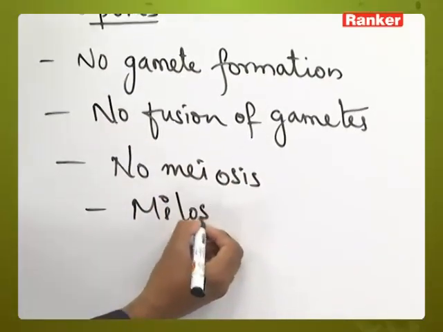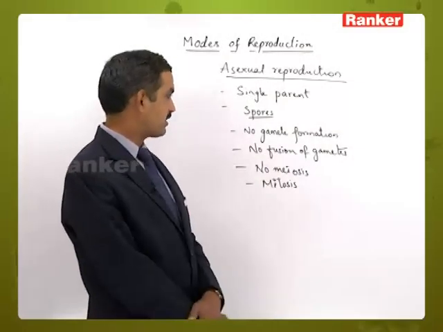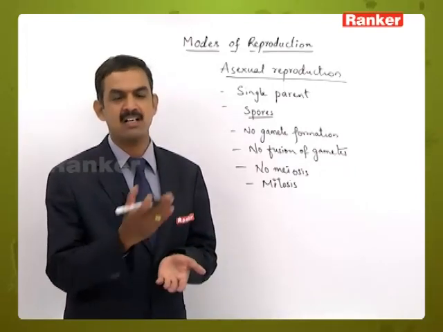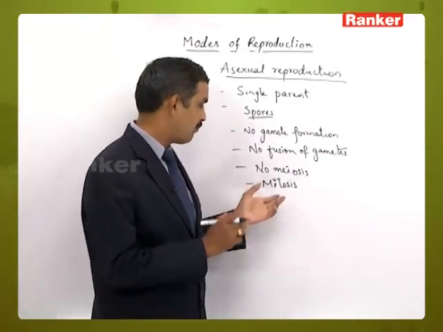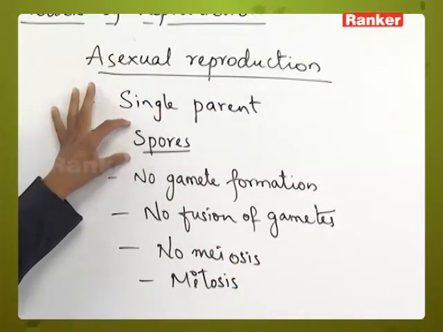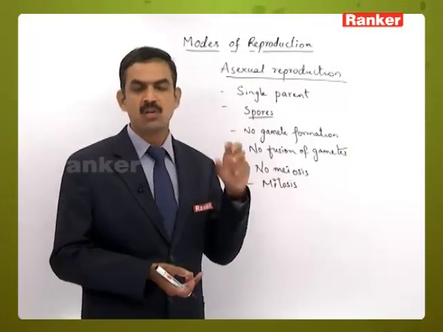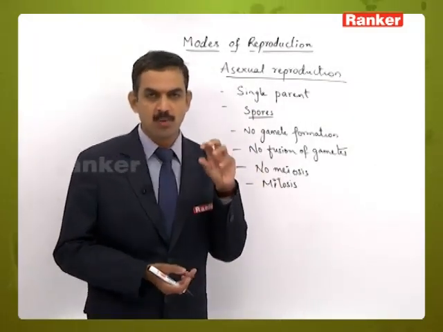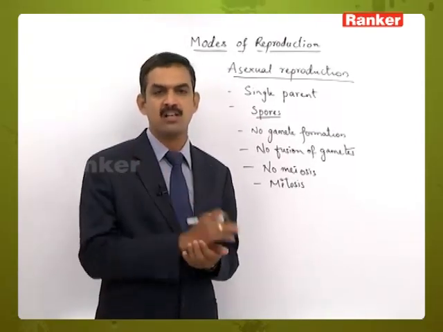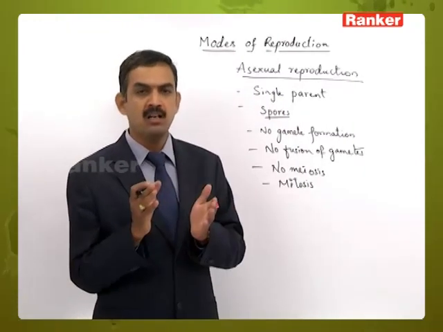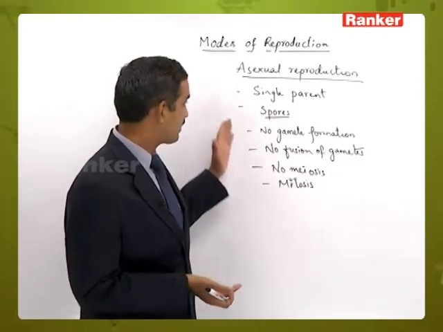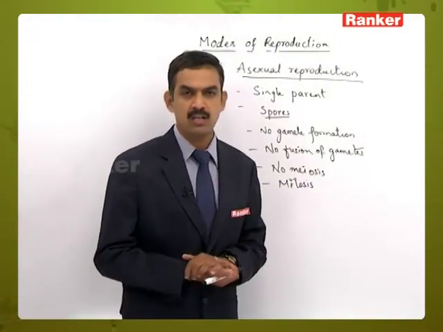Only the mitotic type of division is taking place, because when gametes are fused, it results in a zygote in sexual reproduction, where there is a need of meiosis. But here, as there is no fusion of gametes, the spores or asexual propagules or asexual structures that have been formed will have the same ploidy as the parent generation. Those structures will undergo repeated mitosis to produce a similar type of parent where the ploidy will also be retained the same. So these are some of the characters related to asexual reproduction.